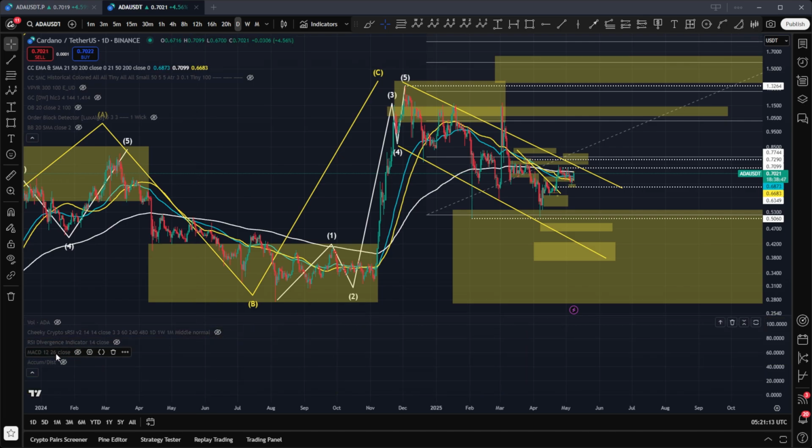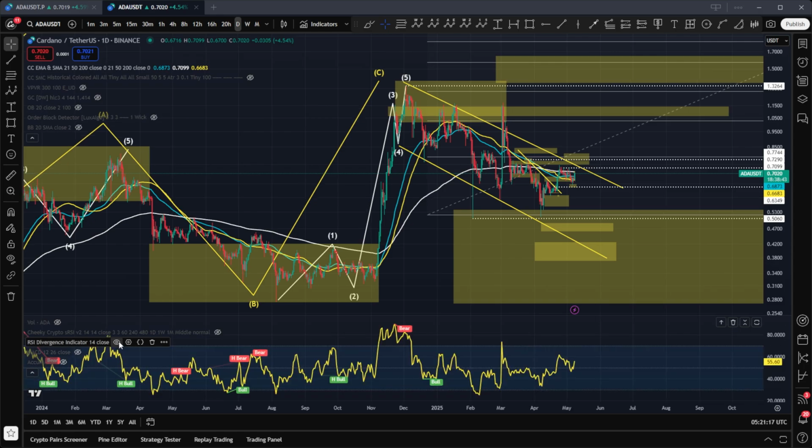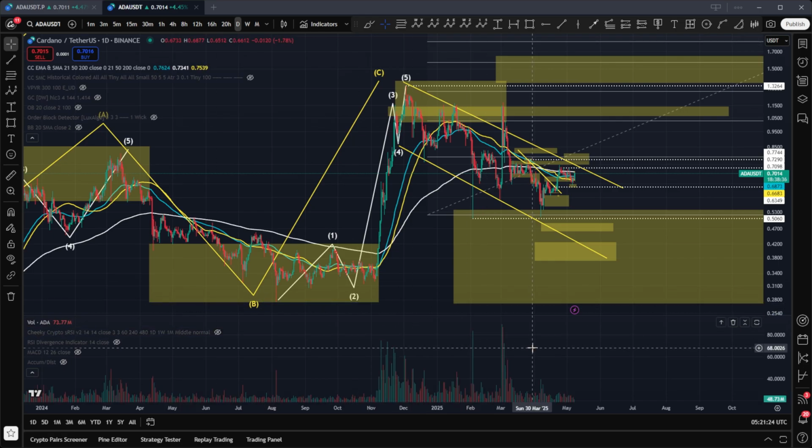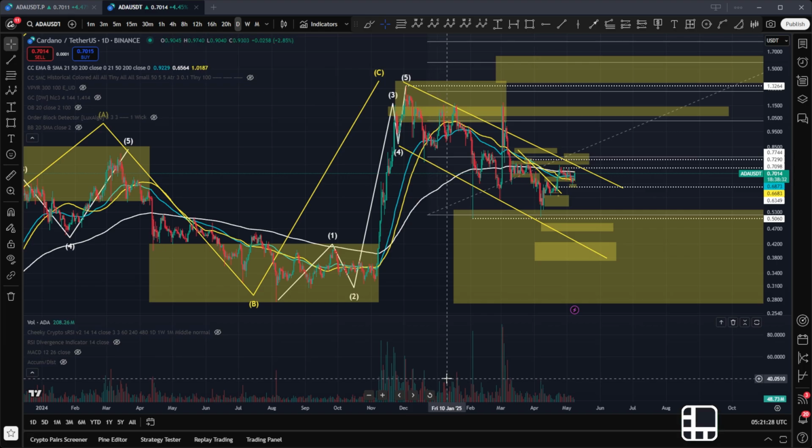Now, if we take a look at the relative strength index while we're here, we can see that we're above the 50 level, plenty of room for growth. The longer term trend is looking good. The volume profile, as I was indicating, we have great volume, and then decreasing volume during this kind